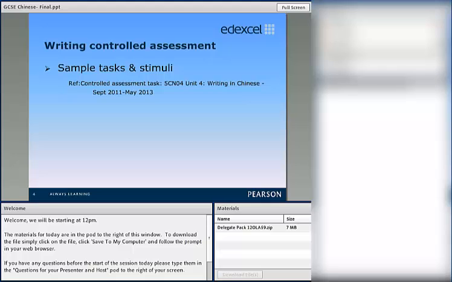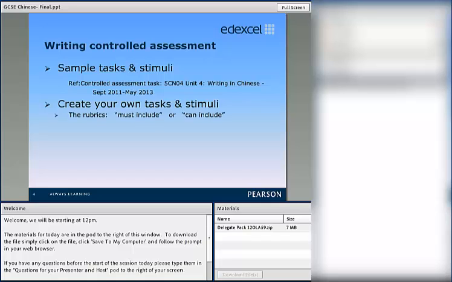If your student really likes one of those, you can adapt them and then ask them to work on it. How about if your student feels that all those are not within their interest, and they want to write on something which is not there? So what you can do is write out your own tailor-made task and stimuli for them. When you're writing your own tasks and stimulus for your students, there are some points you need to